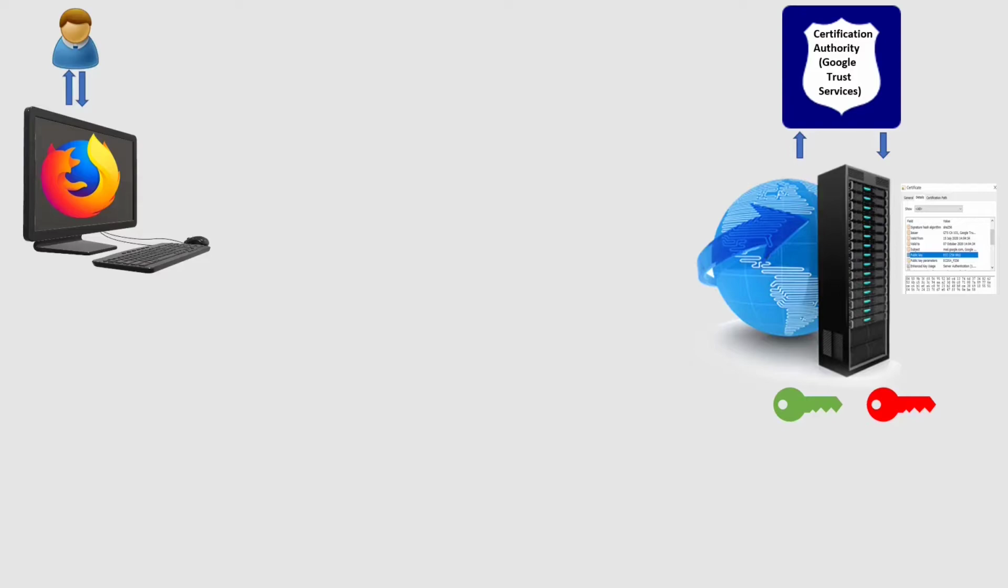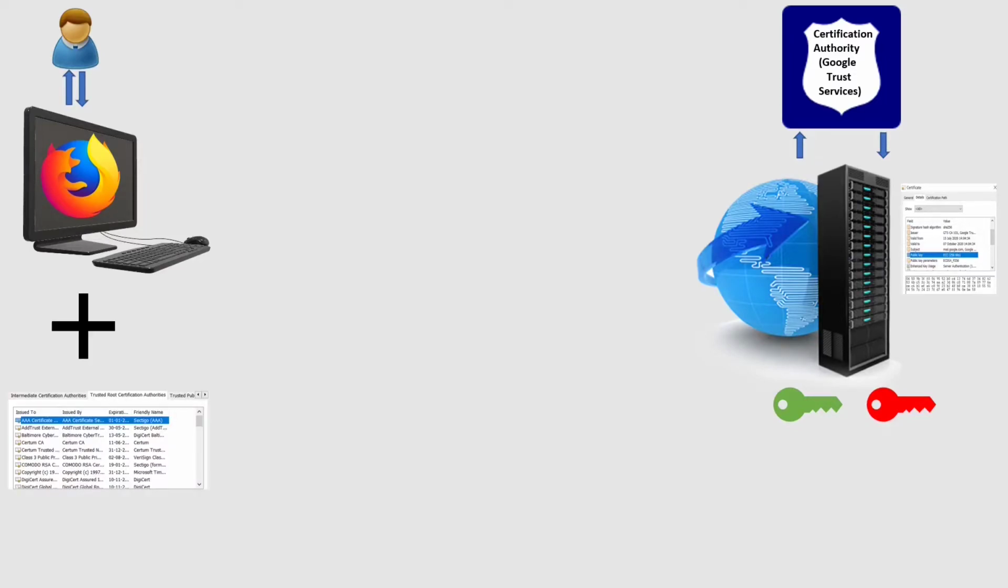When you install a web browser in your machine, it comes with a list of trusted certification authorities. What I mean by trusted certification authorities is, as I said earlier, there are a lot of certification authorities out there on the web. So basically, the commonly used certification authorities list will be already present in the web browser when you install it on your machine,